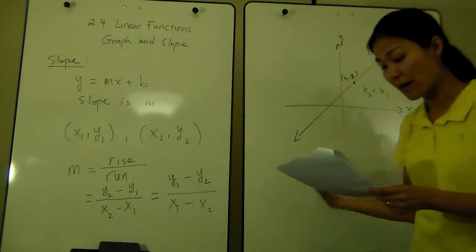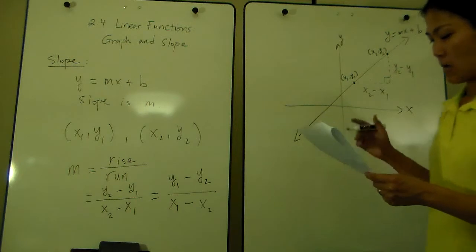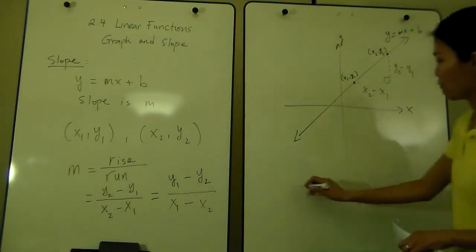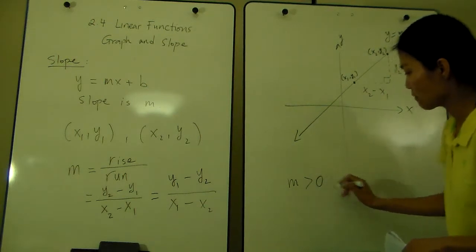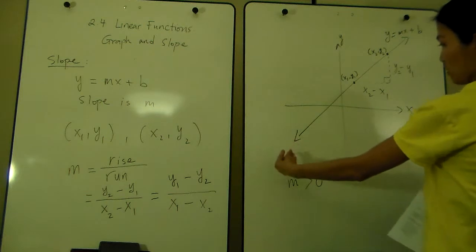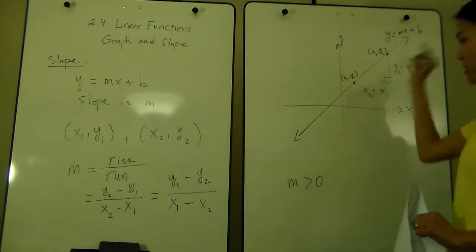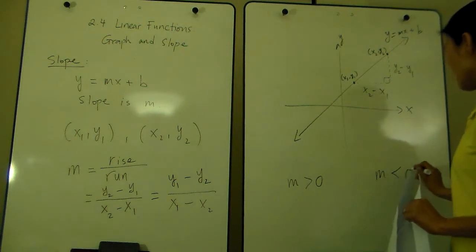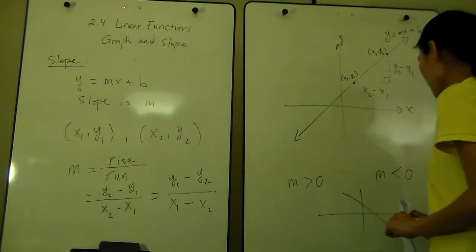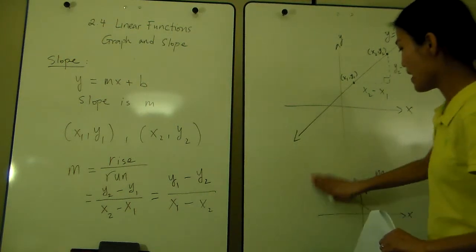Now, another way of describing the slope number m is related to the slant of the line, all right? If m is positive, a positive number, going from left to right, you will see that the line is increasing. Going from left to right, okay, is increasing. If m is negative, you will see the line going the other direction. Okay, this is the x-axis, this is the y-axis. If m is negative,